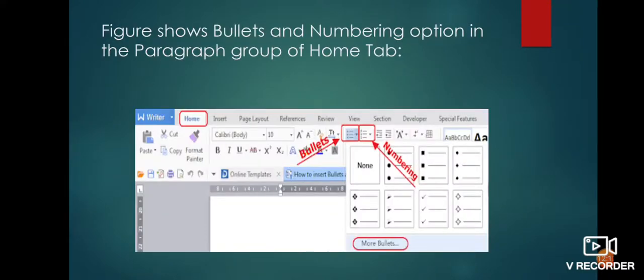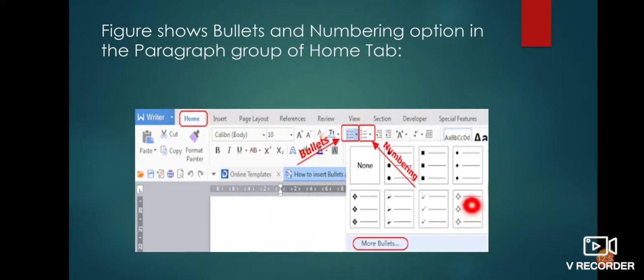I'll show you. See this figure. This is the figure that shows bullets and numbering. For that, you need to select the list first. Then from home tab, this is the home tab, you will be clicking on these two buttons. Okay, these two buttons, the first one is bullet and the second one is number. Here bullet is selected. You can see a drop down box will appear. Under this, these are the bullets available here. You can select the particular bullet that you want in your document. Then the bullet will be added to your document.